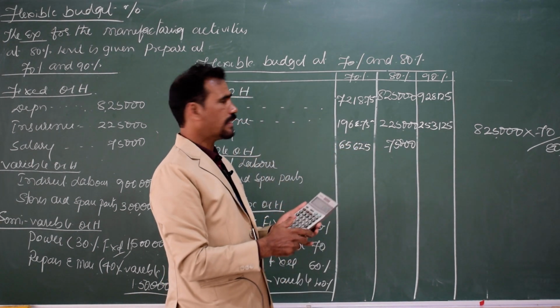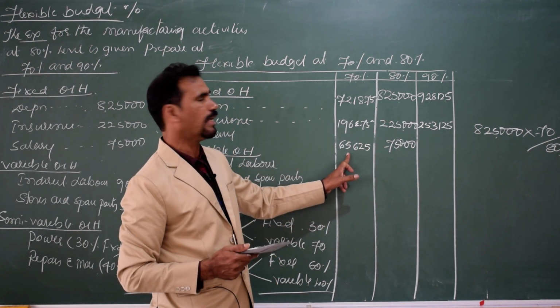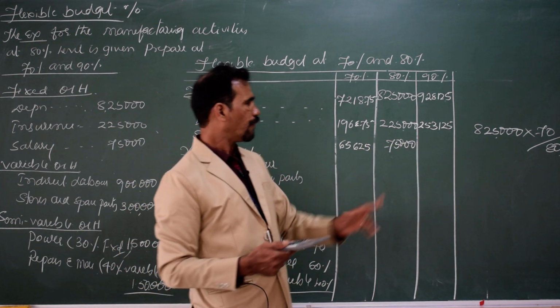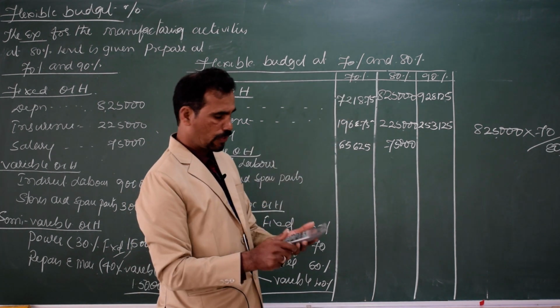65,625. So, even same answer. If you are taking the base level for 70%, this base level should be converted for the 90% also. So, for example, 65,625 is 70% of base. So, answer: